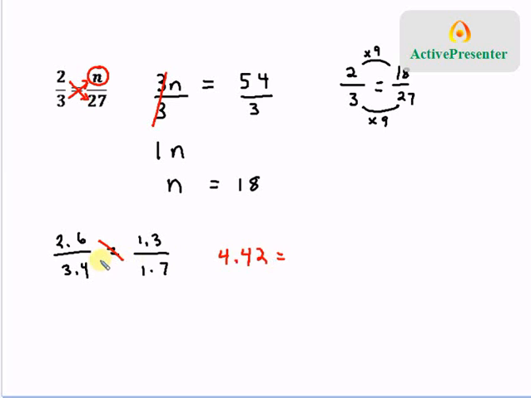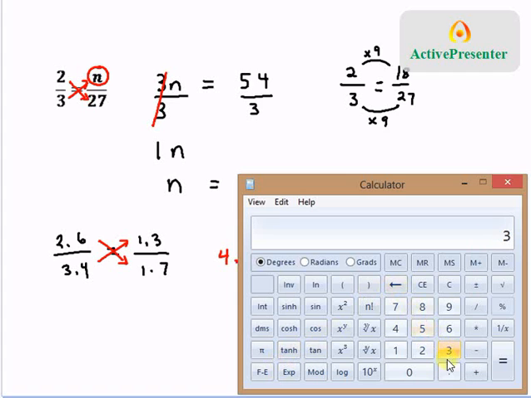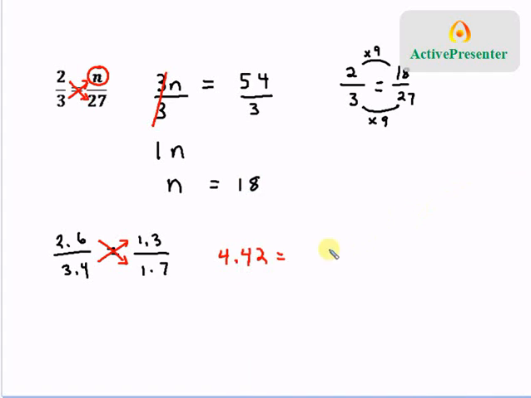Now, let's do our cross multiplication this way. 3.4 times 1.3 is equal to 4.42. Because those two are equal to each other, we know that this is a proportion. 4.42 is equal to 4.42. So if we were to look at this and try to solve an equation for its value, let's go ahead,